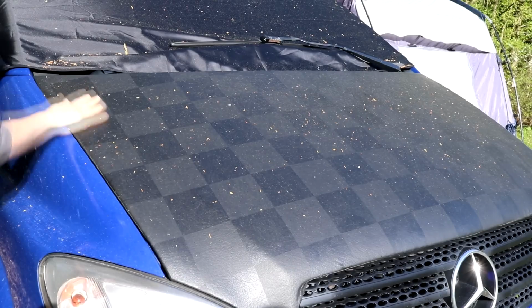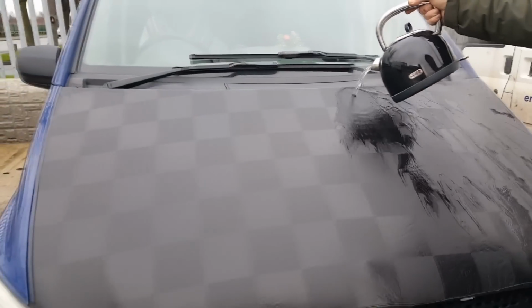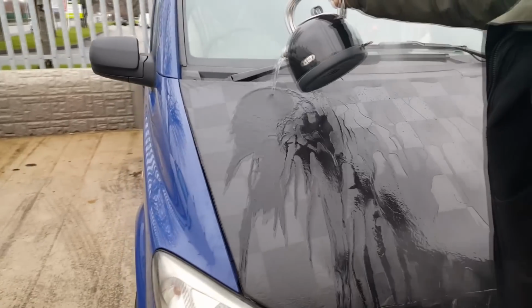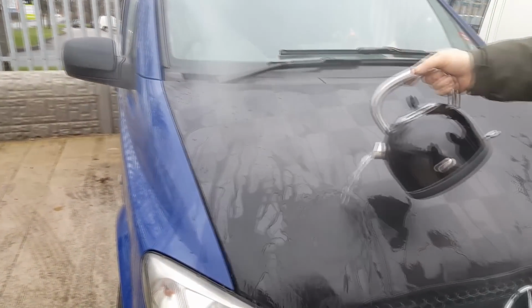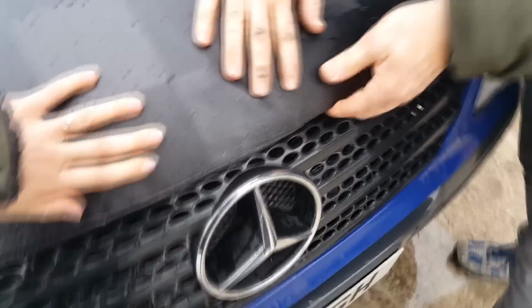So firstly, we've got a Vanex bonnet here, and it was really easy to fit. They actually fitted it for me, but I'd been given this because I did some filming with them back in December. So if you want to watch those videos, I'll leave links below. I think this is one of their more discreet ones. You can get various different designs, and we thought this was a good idea to protect the bonnet from any